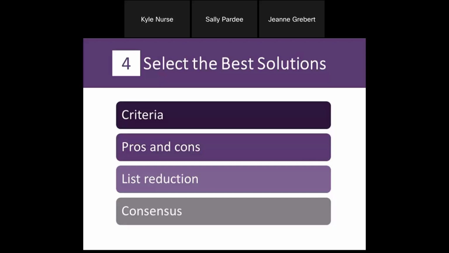Whether it's long or short, you need to narrow your solutions down to the best options. Some methods for doing this include establishing criteria and considering pros and cons. If the brainstorming produced a lot of ideas, you might want to make the list more manageable through list reduction. Finally, we suggest coming to consensus to increase the chances that your solutions will work. In the next few slides,